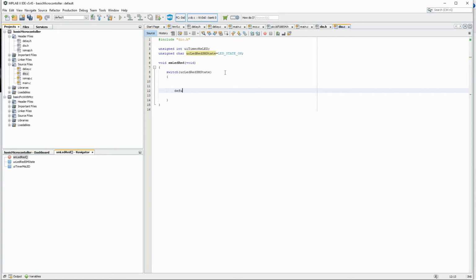default, break. Basically what default is there, like if this variable gets any other value than the one for which we have written the switch case, then it will be set to this value. Okay, now we have case